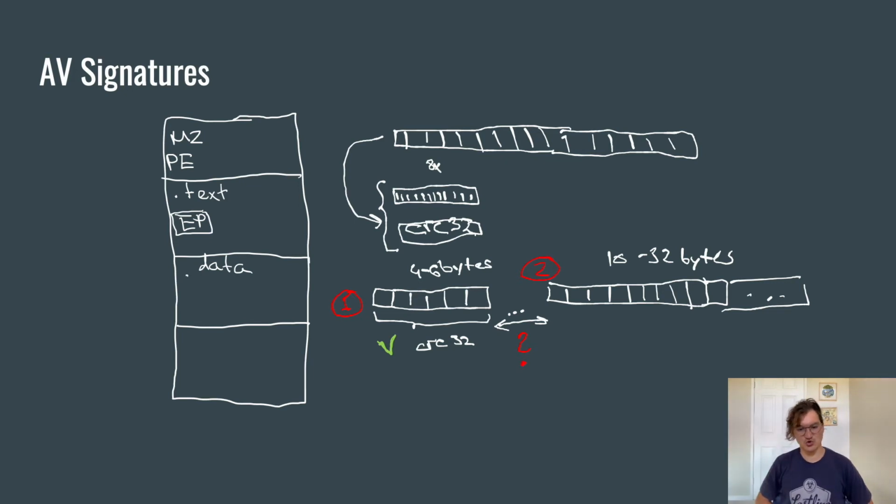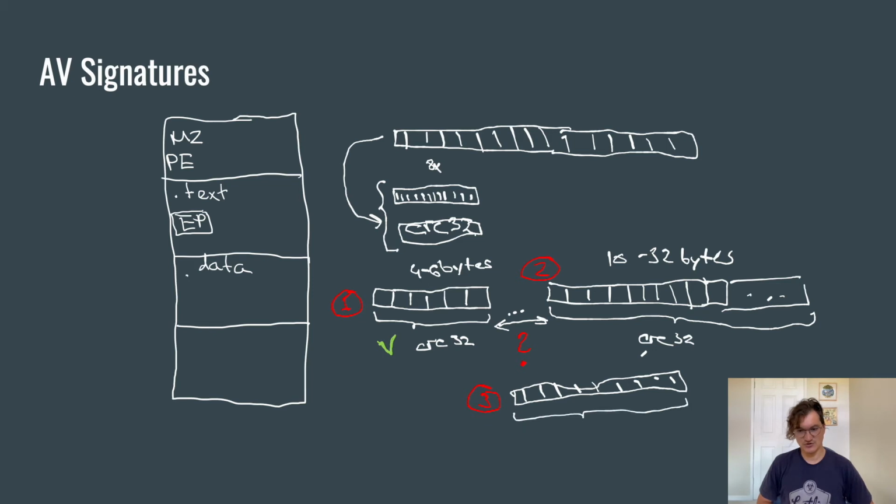So only if the first one triggered, it would give you information where to search for the second signature. The way to search could be implemented very differently, and how exactly that would be implemented we'll discuss in the next slide. It would be called a 2-point or 3-point signature, where it can have 1, 2, and maybe even 3 sequences of bytes we're looking for, and each of these sequences can be represented by CRC32 or some other simple short hash, right? And only if the first one triggers, it would search for the second one. Only if the second one triggers, it would search for the third one